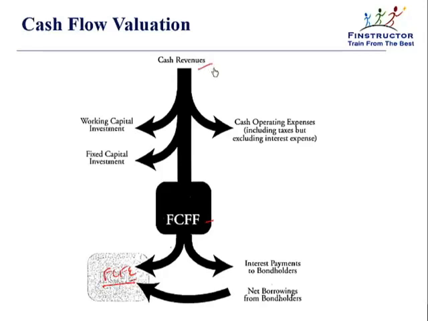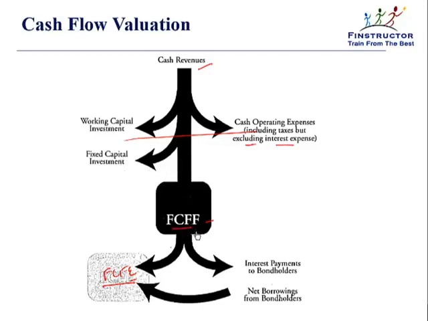Now, the cash revenues minus the cash operating expenses will give us the cash flow from operations before adjusting for working capital. Once we adjust for working capital, this difference will be equal to cash flow from operations excluding interest expense. So the only thing we have to be careful about is that when we knock off cash operating expenses, we should not knock off interest expenses. From that, if we subtract the capital expenditures, also known as the fixed capital investment,